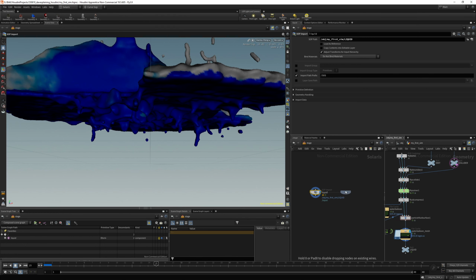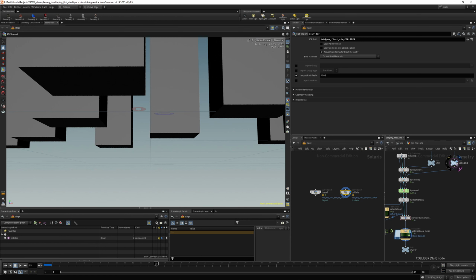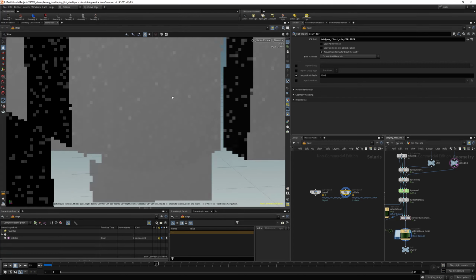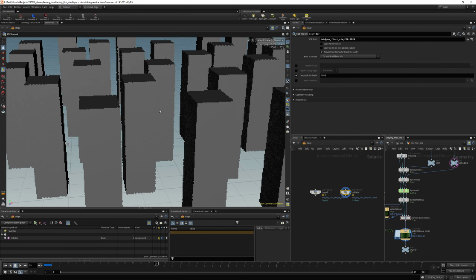And I'm just going to alt click and drag. And another one for collider. And this time, instead of clicking and browsing, I'm going to go to SOPs, and I'm just going to click and drag and hold. Make sure you click, drag, and hold, because if you just click, it's going to select it there, and then it's going to pop up here in the network view instead, the way I have set it up. So now that we are effectively in Solaris, you can see that this is kind of a rendered